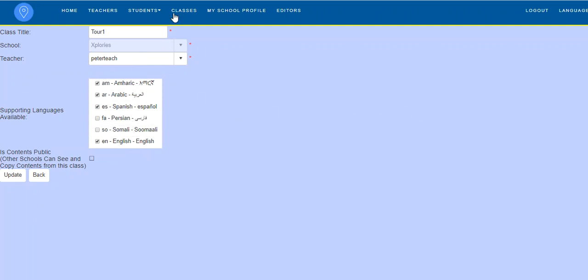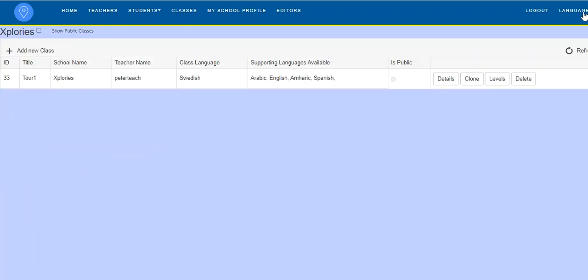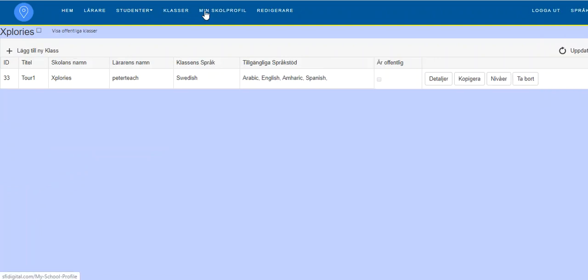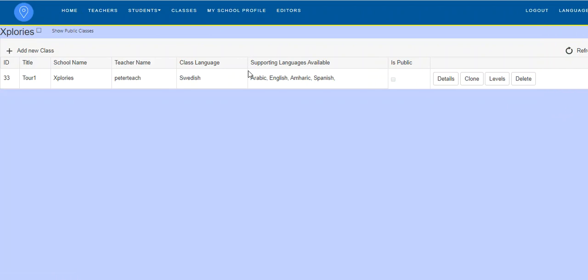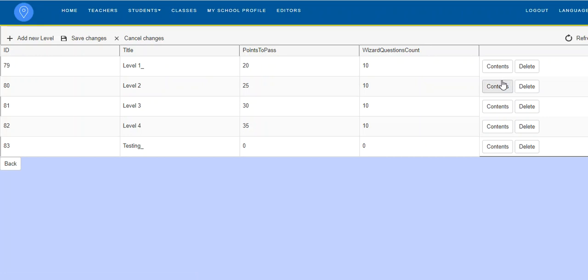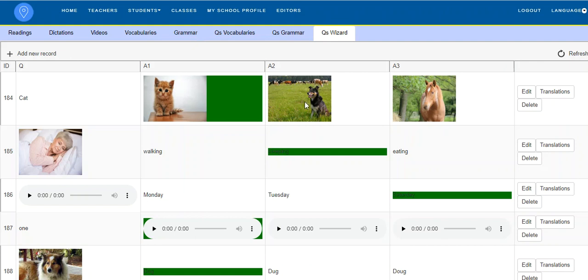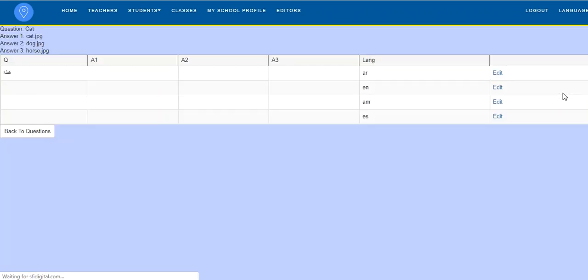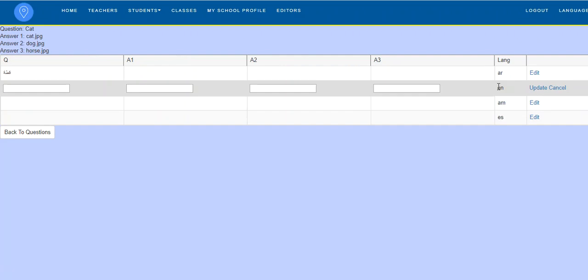What does supporting language mean? Here it is. Usually in all modern systems, you can change obviously the interface language. So there's nothing a big deal in this. What we added to it here is that even when you add a content, for example, this question, I can add the translations to it. As you can see in Arabic, قطة in Arabic. So I can add translations to different